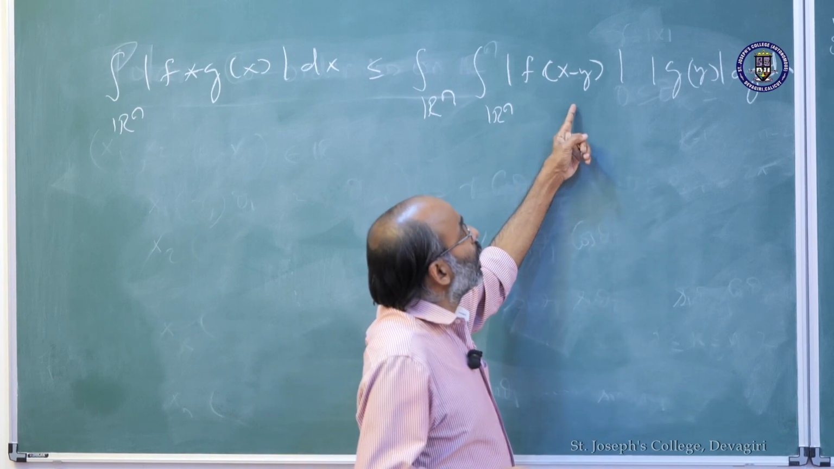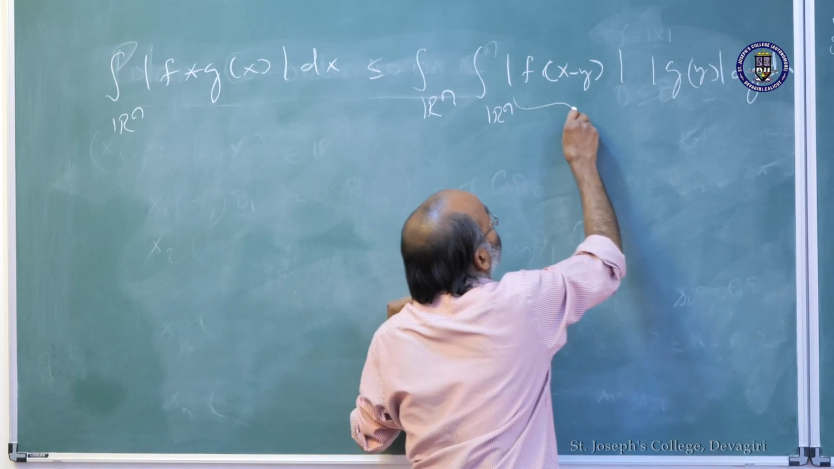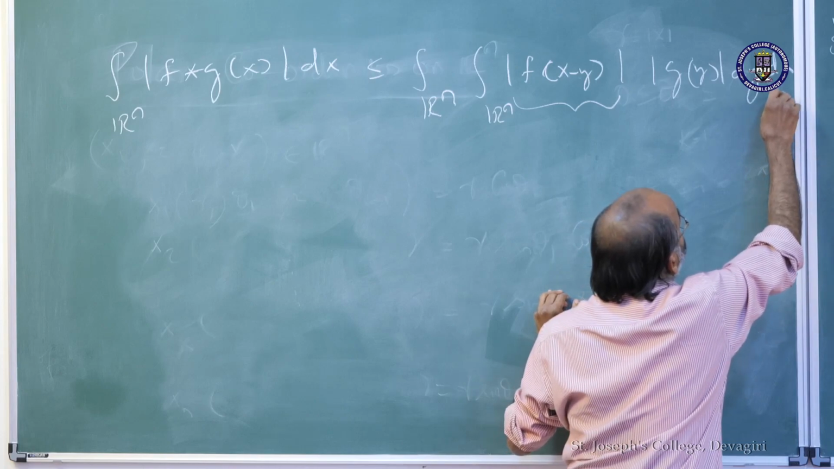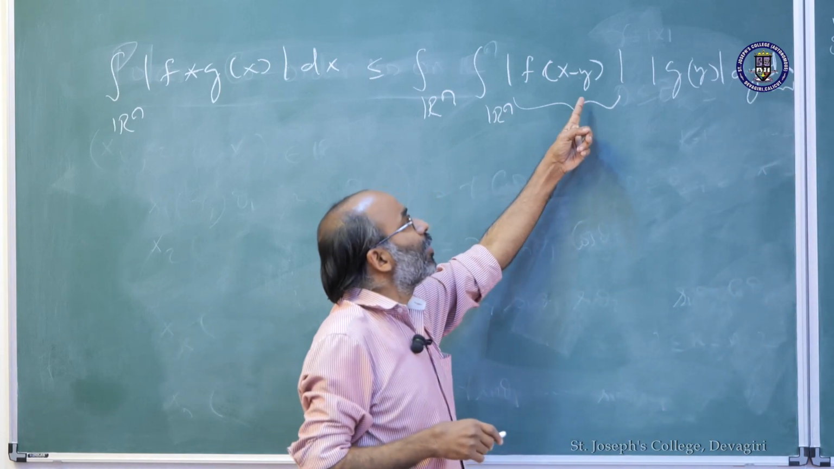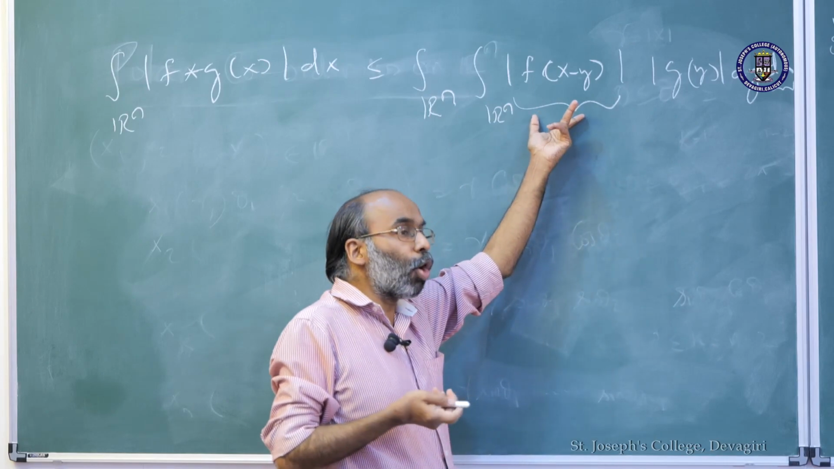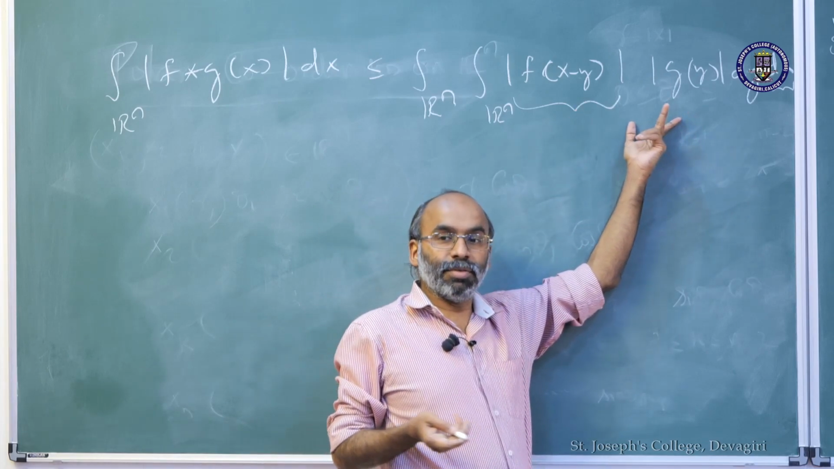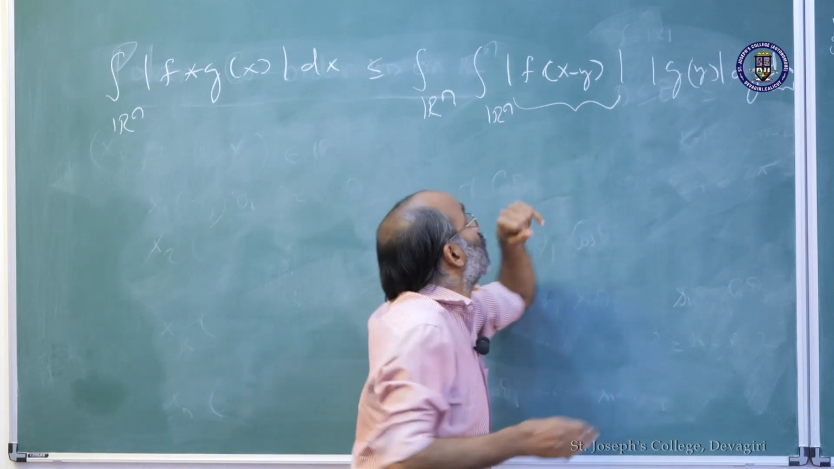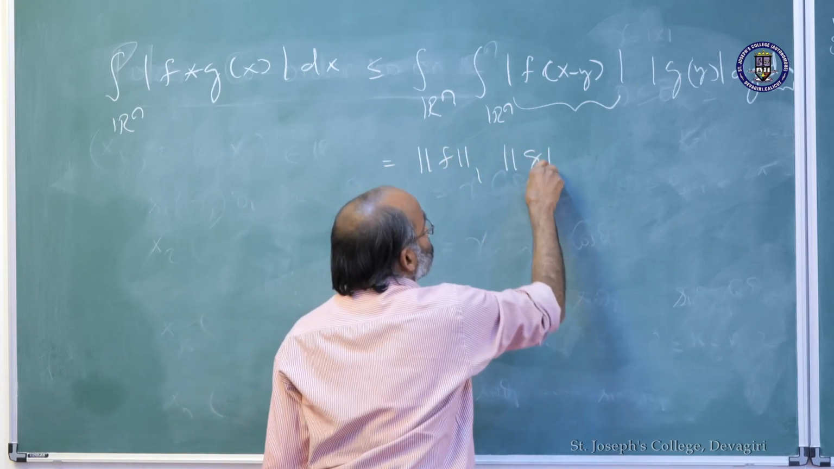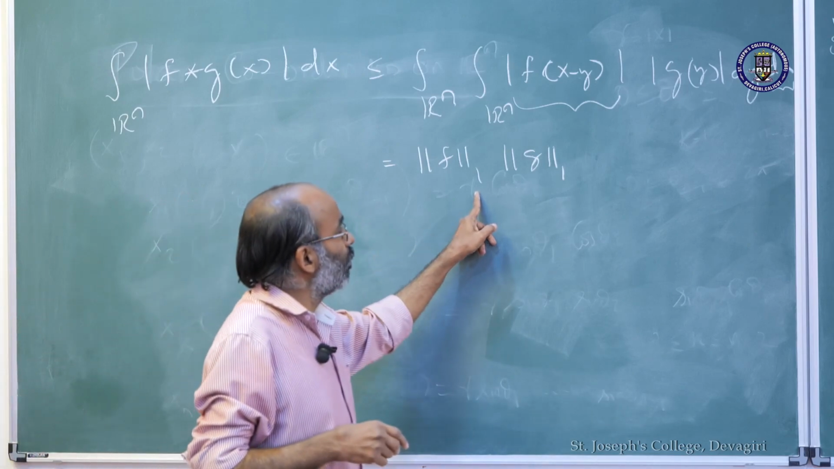So if I integrate this function first, the modulus of f of x minus y with respect to, let's say, dx, the minus y will not play any role because the Lebesgue measure is translation invariant. That is simply the L1 norm of f, right? And what remains is the integral of mod g, which is the L1 norm of g. So this is nothing but the L1 norm of f times the L1 norm of g. The one there simply means the L1 norm in Rn,